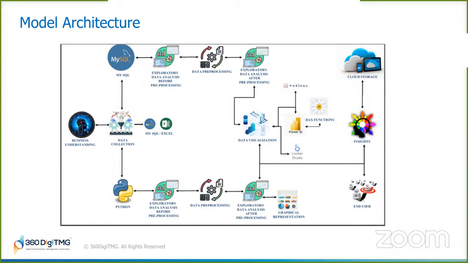After collecting the data, we have to clean the data by performing exploratory data analysis. For that part, we have used MySQL and Python. After completing the data pre-processing part, we will get the cleaned data, which we will use for visualizing the data using some visualization tools like